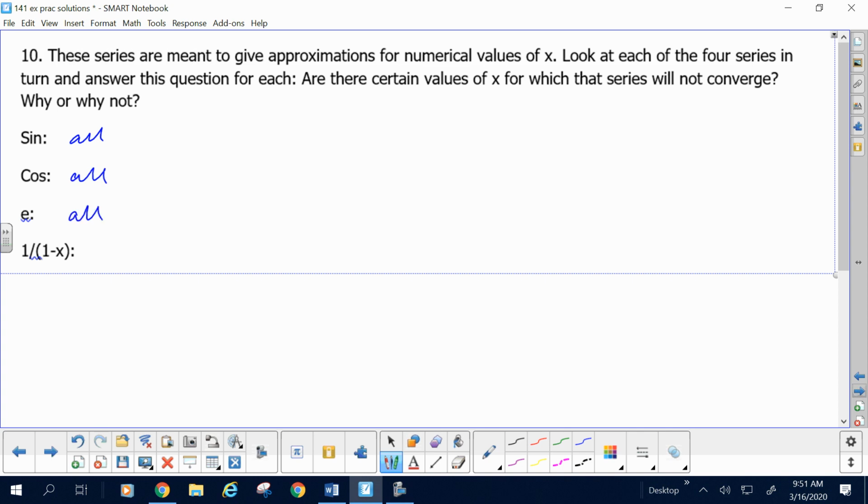However, 1 over 1 minus x, we talked about this a little, has an asymptote at 1. And we're not going to be able to match that function very well around the asymptote. And actually, you'll find if you were to graph both the series and the function in your calculator, the only place that you can actually match is between -1